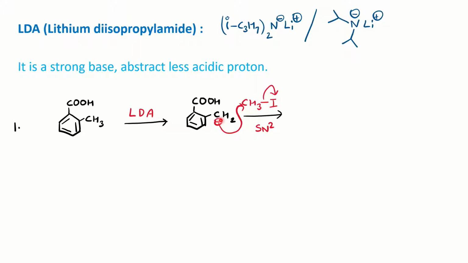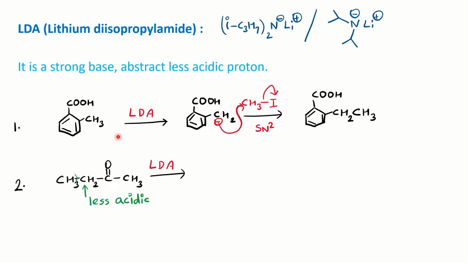So you will get a carbanion with the help of this LDA on CH3. And then another reagent is given to you, methyl iodide, for alkylation. So this carbanion will attack from the SN2 mechanism backside, and the methylation will occur on this, and you will get this as a product. Okay, so the use of this LDA is the alkylation or the other reactions which I told you on the less acidic proton. We will see many reactions today and clear our concept about it.